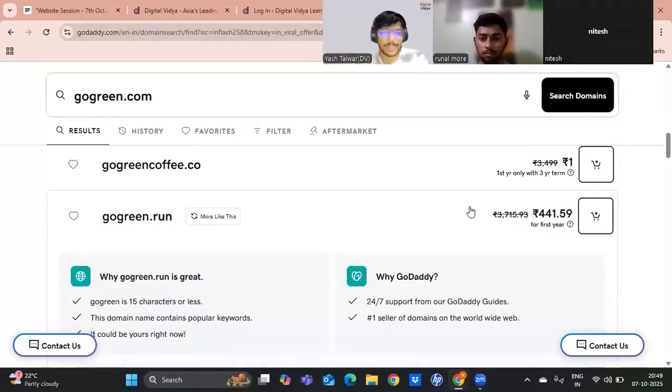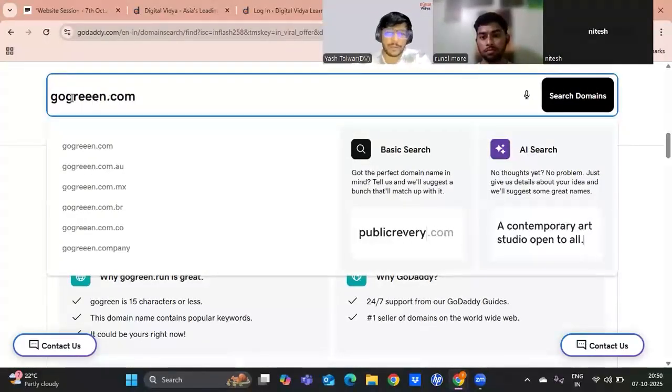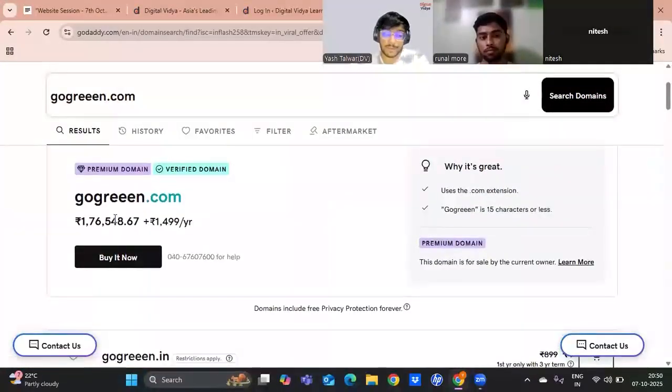Right, so this is the difference that the extensions can have on the pricing. And if you want, like I said, if you want to just play around with the spelling also, I can add an extra E here. Now let's see. Still very expensive, but a little better from that, right?